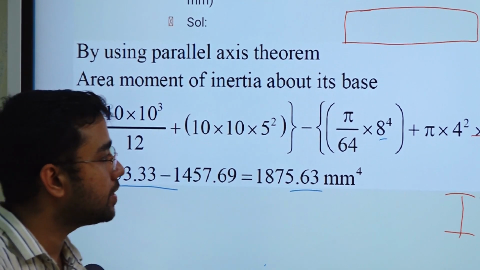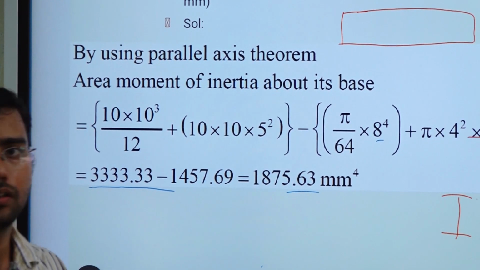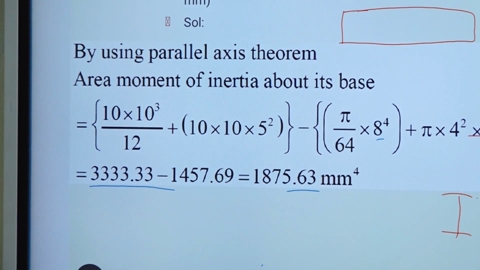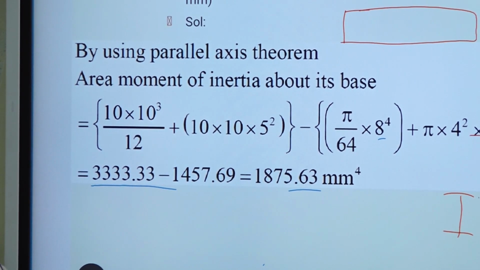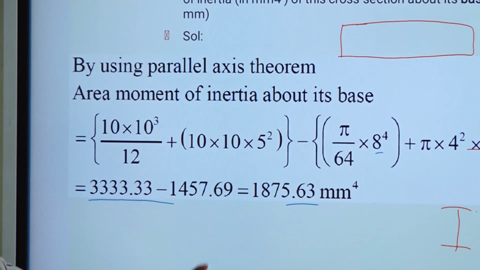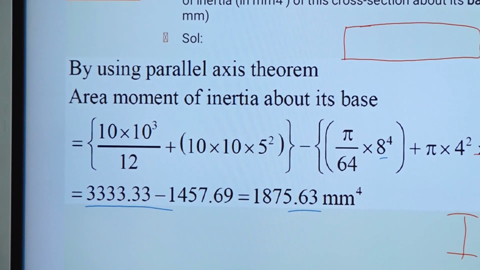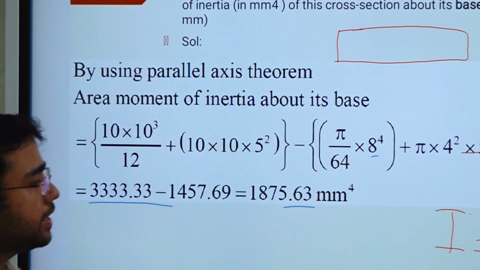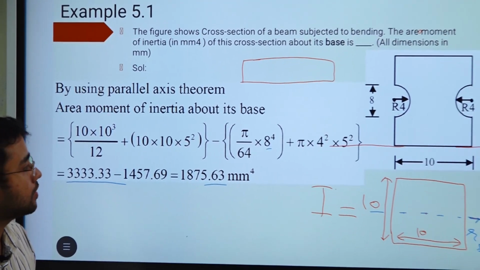If you are not making any mistake in calculation, if you are very good, then you can solve these type of questions. But if you are very prone to mistakes in calculation, then you try these type of problems at the end, just 30 minutes before the GATE examination. Okay. So I made a mistake in this question because I was weak in calculation, right.